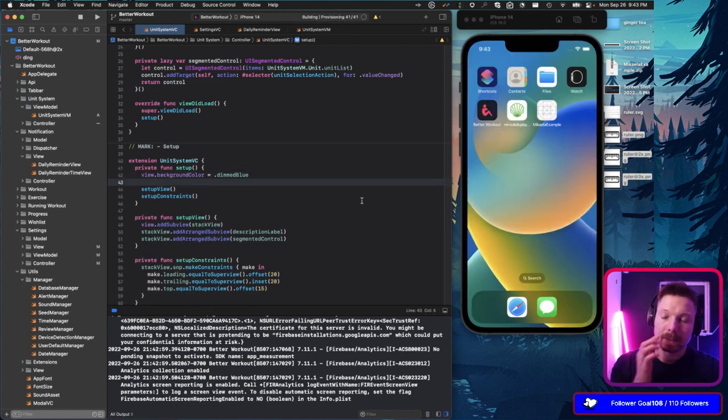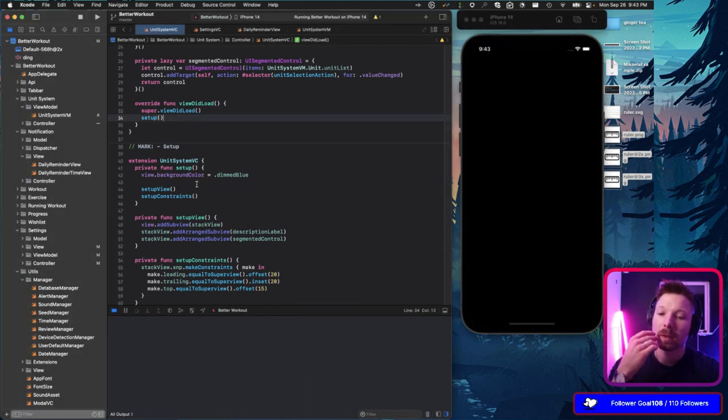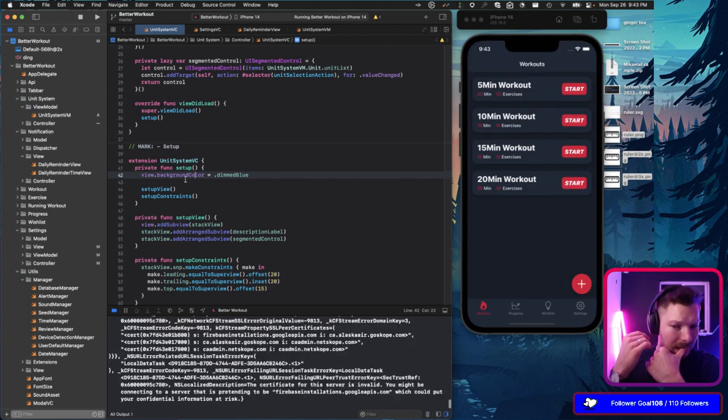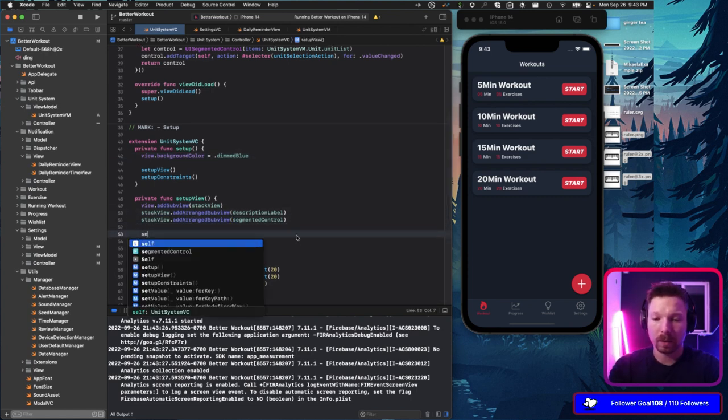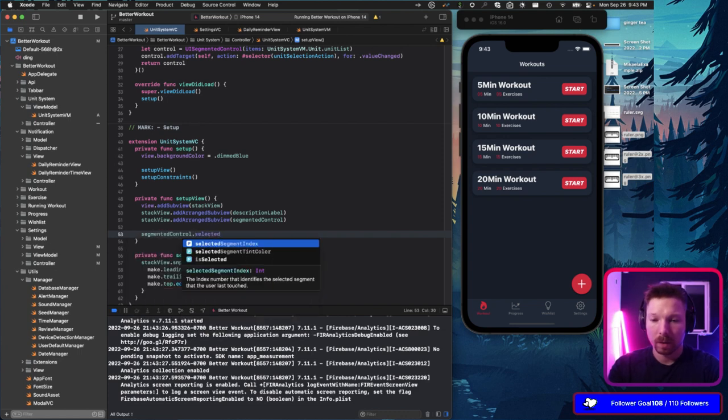Okay, I like it. Now we only have to take care of the default selection. But that's gonna be in setup here. Where do we put it? I guess I will have to have it, you know, the selected segmented control, selected: a Boolean value indicating whether the control is in the selected state. What if that's true? How is it not selected? I guess right now it's not selected. So I have to set this one